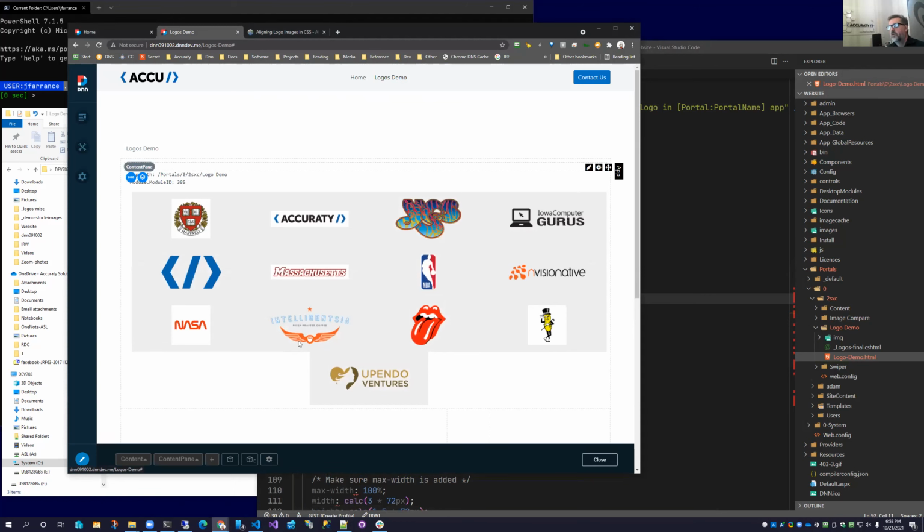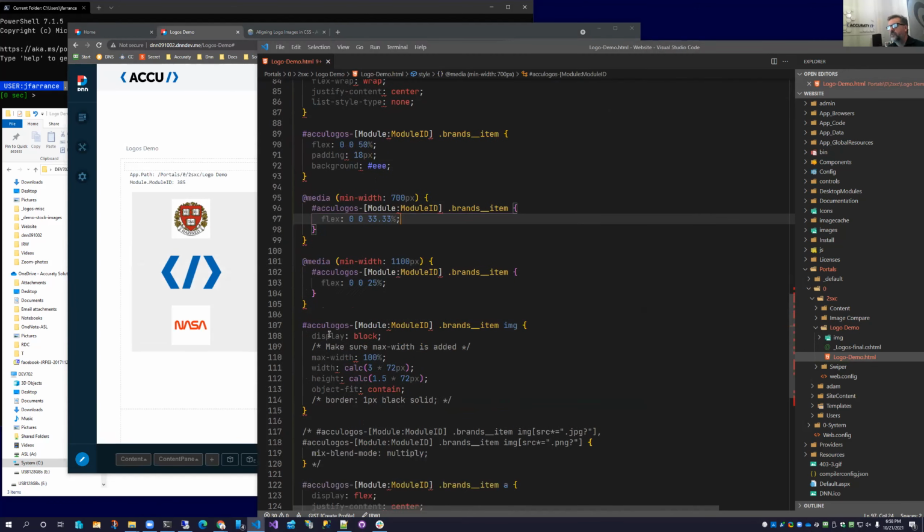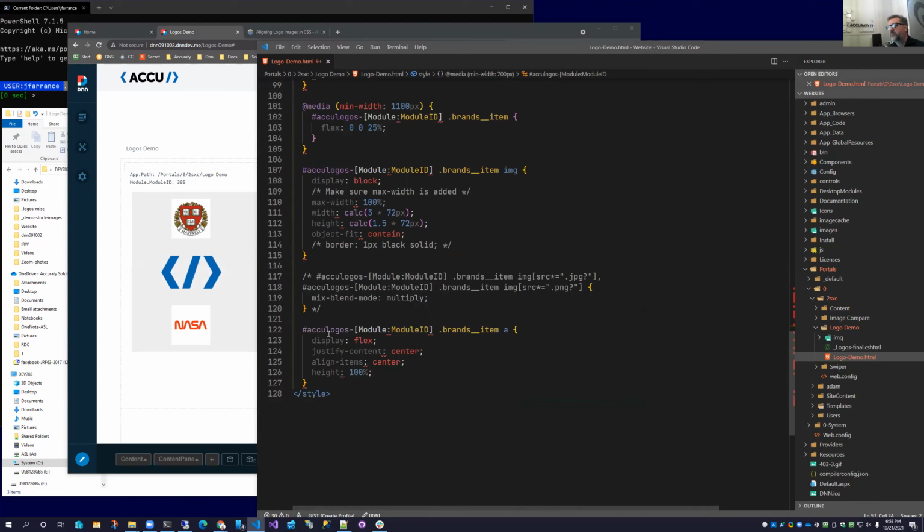Some of them are, but you'll notice the Acuity one's not, NASA's not. And one of the things the article goes into is this really cool feature that I hadn't paid much attention to. I knew what multiply did for my old photoshopping days, but I didn't realize it was a common CSS thing now. So if you take this, did that wrong.